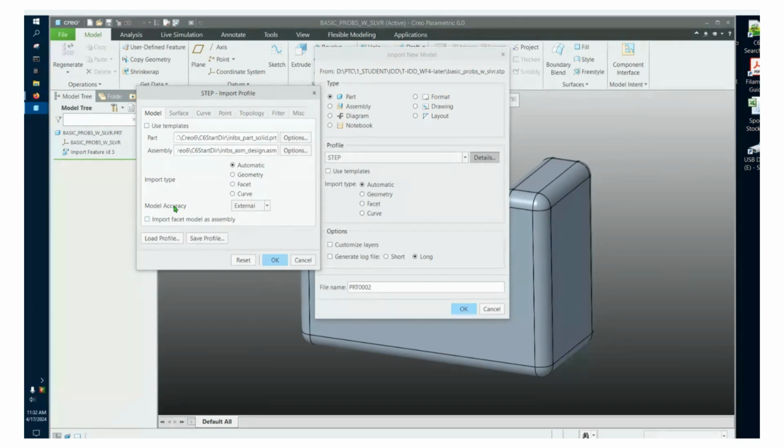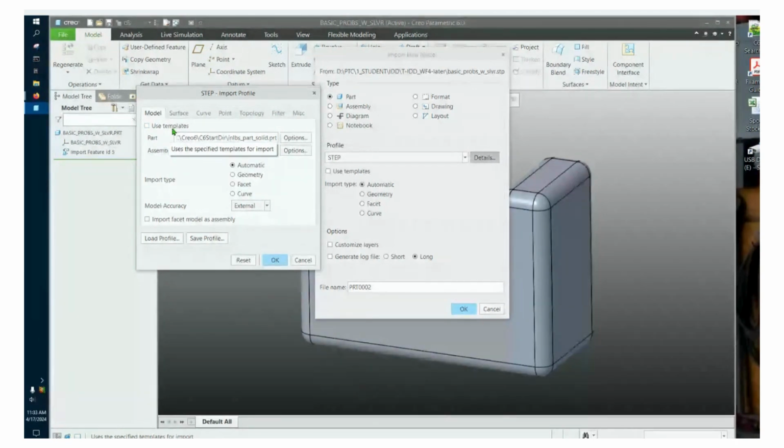You come in here, you set the model accuracy to be external, and you don't import this thing on your own template to begin with, because you're going to potentially end up with the accuracy from your template, and that could be like a horrifying relative accuracy scenario where you're going to regenerate the whole accuracy on the model based on its size. That's really going to potentially cause problems in a lot of cases. So the best way, like I said, is to uncheck templates, import this on external accuracy,